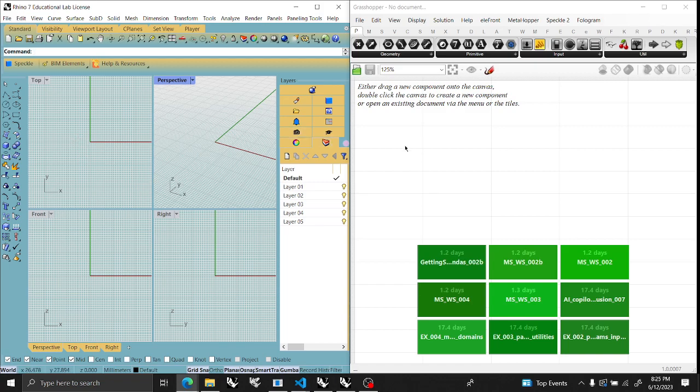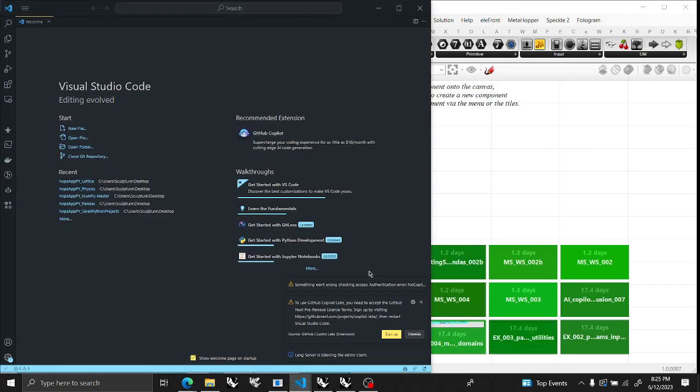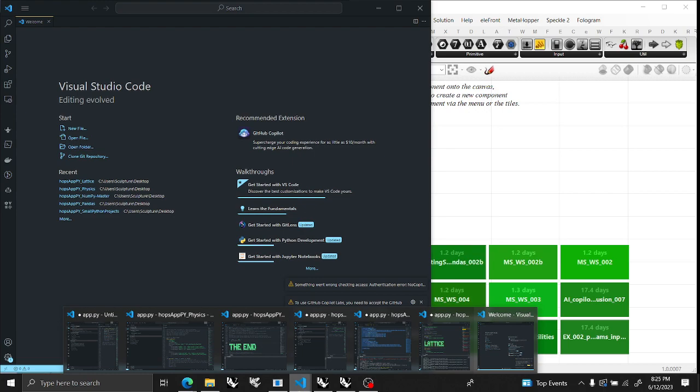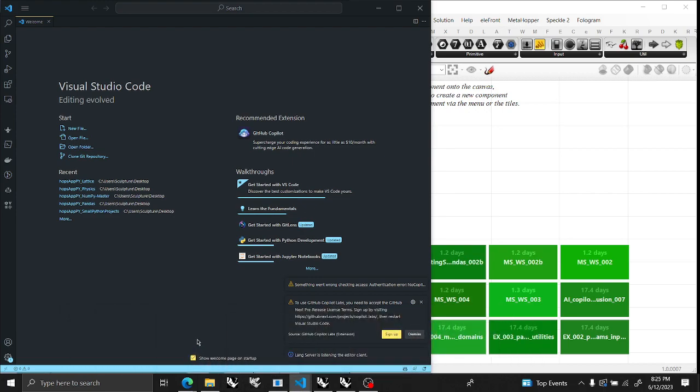Blank Rhino document, blank Grasshopper document, and a blank Visual Studio Code document. Now you can get started on Rhino Compute and set up your basic script, but I happen to have a